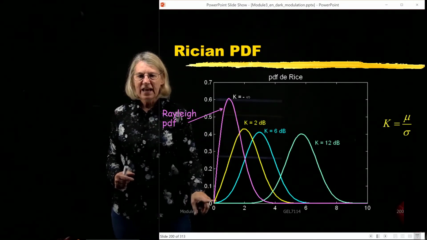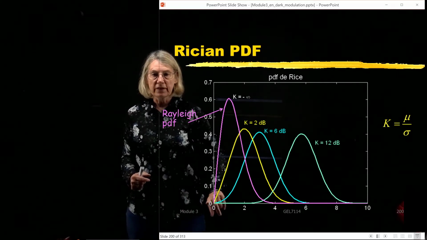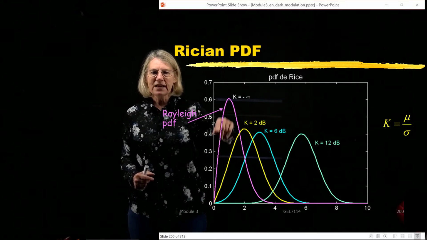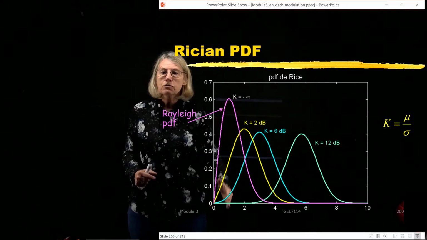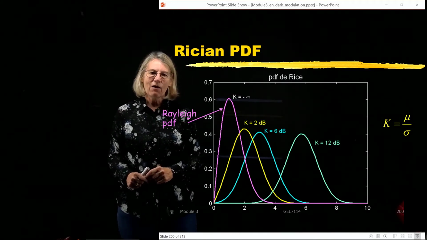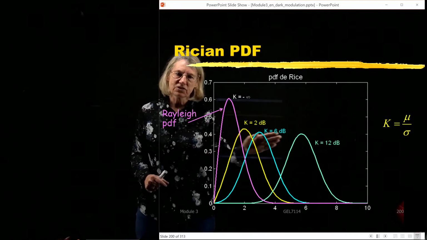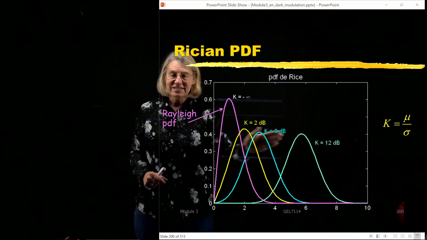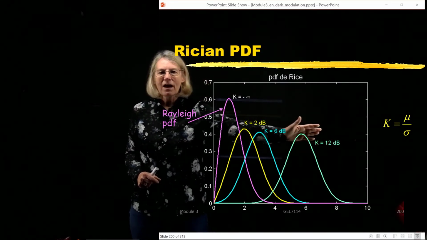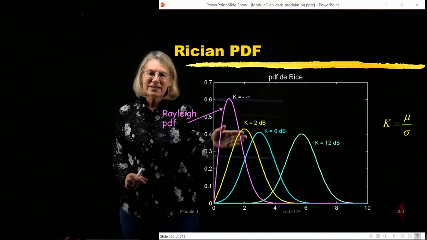You can see that before 0, there's 0 probability. It's got to be positive. And then it comes up and it's fairly close to 0. Now, as I increase the signal to noise ratio, as I increase K, you can see that the Ricean distribution